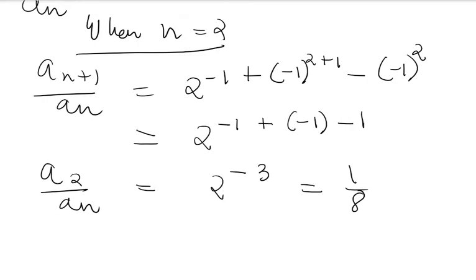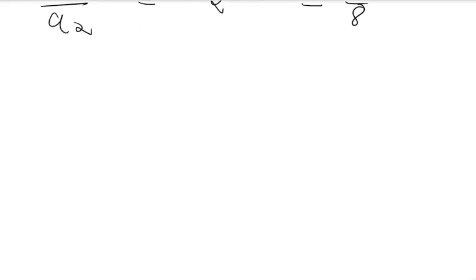So n was 2, right? So this is 3, and this is a2. You can see that it's coming 1 by 8 when n is even. And when you put an odd number, say you put 1,